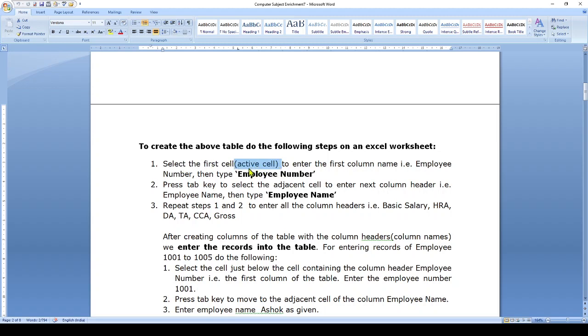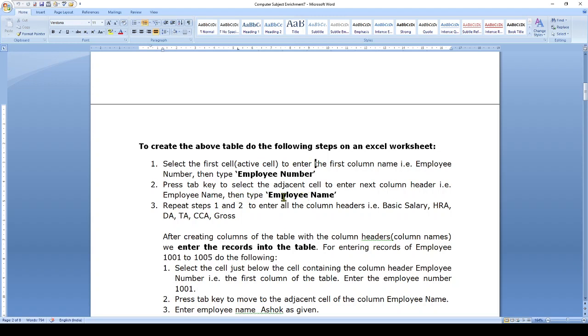So select the first cell. To enter the first column name, that is the column header, type employee number. Press the tab key to select the adjacent cell to enter the next column header, and type the next column name, employee name.